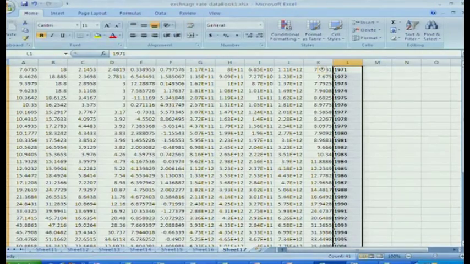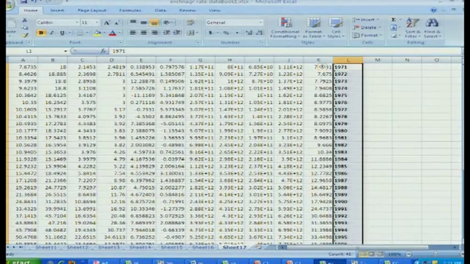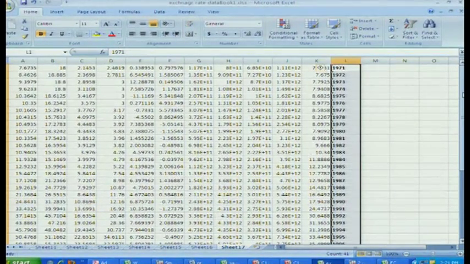these are the years, and these are the US dollar Indian rupee exchange rate. The first column, A column, is the SDR Indian rupee exchange rate. B, C, D are pound, euro, yen exchange rate. E and F are differential inflation rate, differential real interest rate. G is money supply here. H is the money supply in the foreign country. I is the GDP in India. J is the GDP in the US.